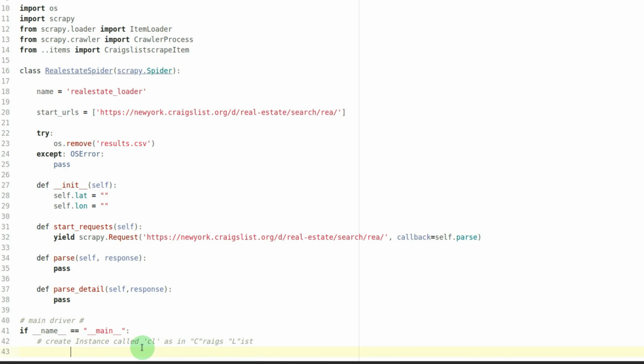I'm just showing you my thinking here. CL equals, it's case sensitive, isn't it? Crawler